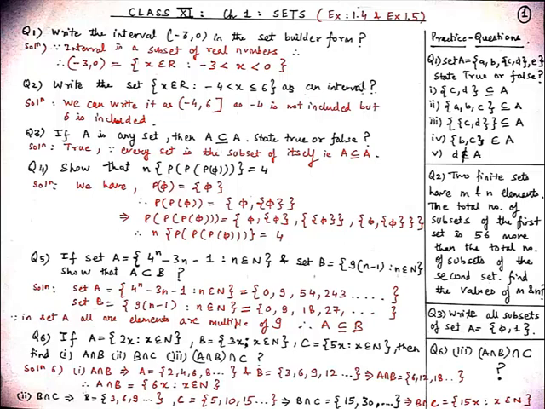Now our second part is B ∩ C. Now here first we will obtain our set B. So B is equal to 3x. So when we put x equal to natural numbers, at x = 1 we get 3 ones are 3, at x = 2 we get 3 2s are 6, and at x = 3 we get 3 3s are 9. And for different values of natural numbers we will obtain our set B. And then we will find set C, which is 5 into x such that x belongs to natural numbers. Our set C is equal to 5, 10, 15, and so on. So from here, B ∩ C is 15, 30, 45, and so on. So we have observed that B ∩ C is a multiple of 15. So we can write it as {15x such that x belongs to natural numbers}.